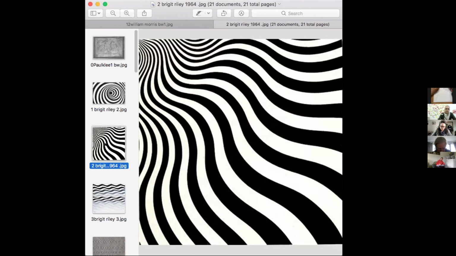We've got another Bridget Riley here. Again, just looking at different widths of the lines, the waves.